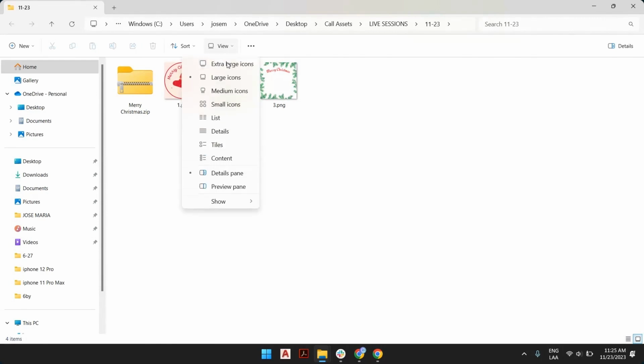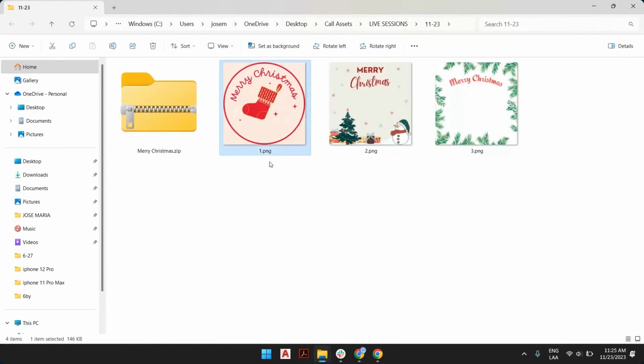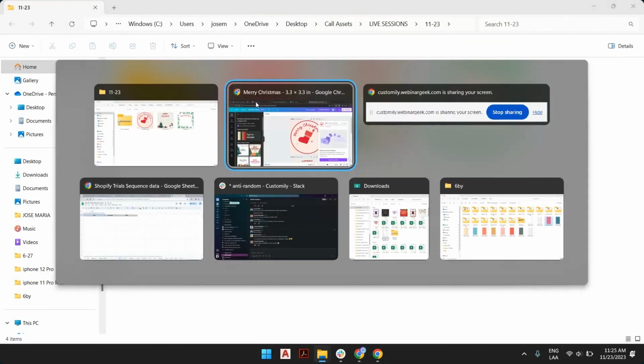These are our new backgrounds. We have the red stocking, we have the snowman, and we have the red, like that. These are our free designs. Now we're going to Customily,